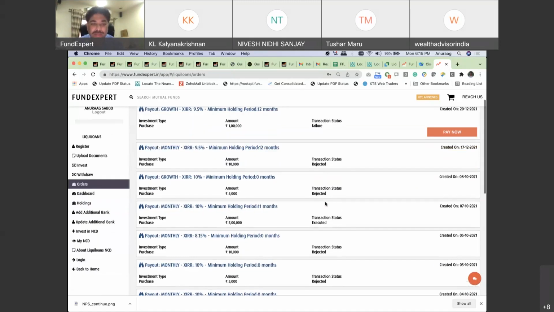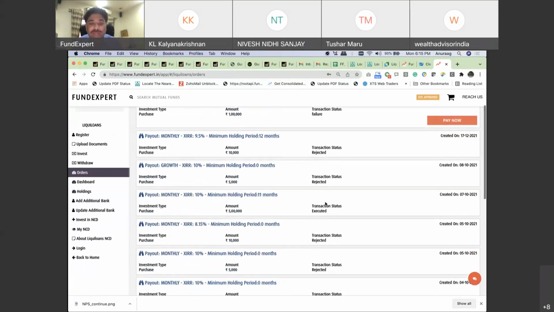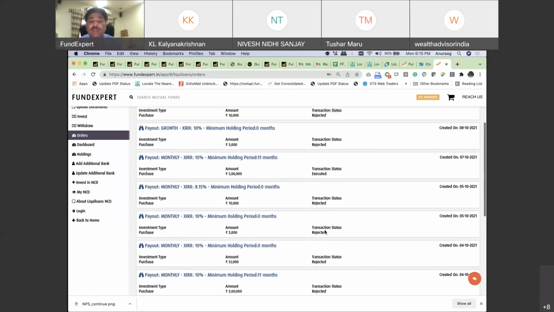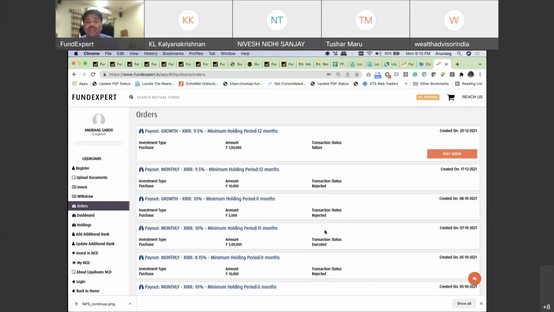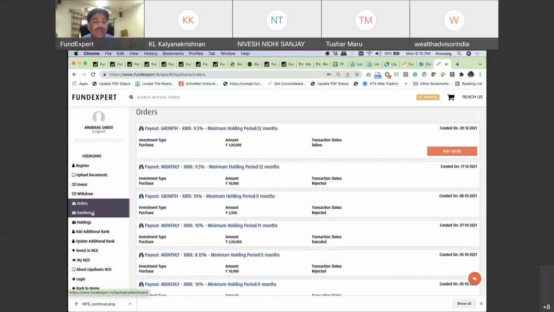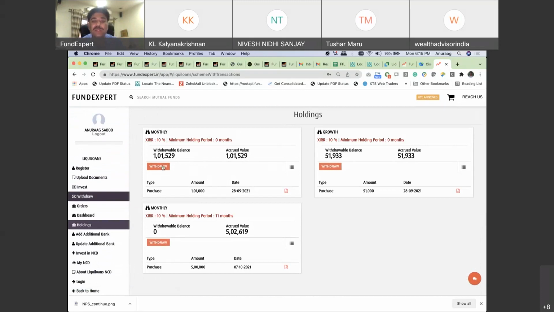Yes, Mr. Ramakrishna, Kalyan Krishna, sorry. It can be deposited in any bank, and then the order status will eventually move to rejected or executed. It could be in progress or pending if the network was not completed or for some reason it didn't complete. Executed means these payments are already done, and those will start showing in your holdings. If you go to holdings, you will see the investments which got executed.